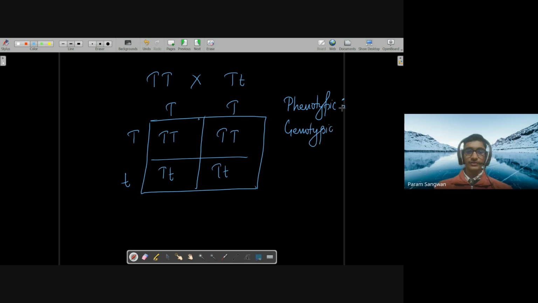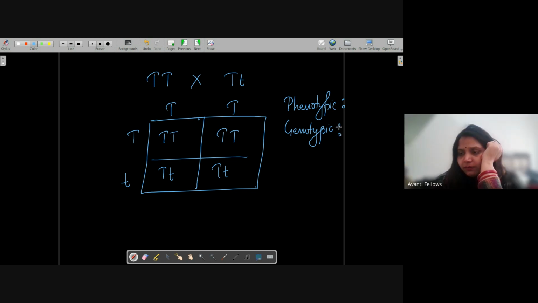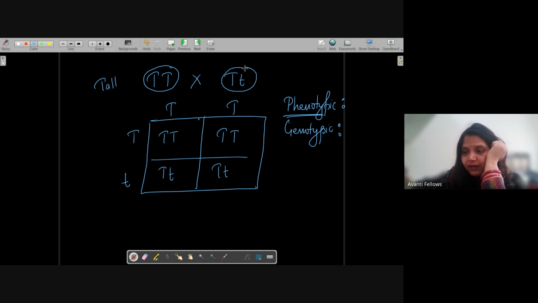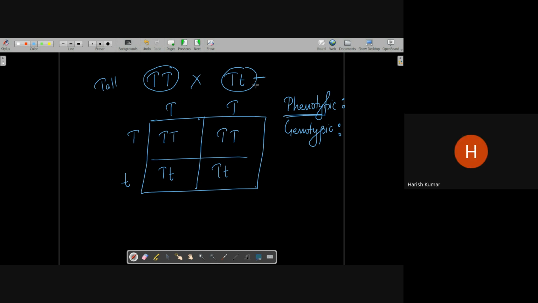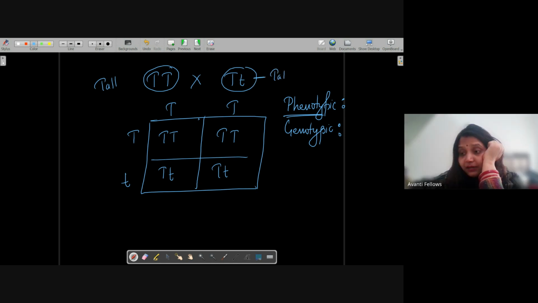What's the phenotype of this? Phenotypic is 2:2. परम थोड़ा सा ध्यान से देखिए प्लीज. Phenotype means physical appearance, correct? This particular plant is tall, right? Yes, ma'am. What about this plant? What will be the phenotypic character of this plant? Tall, ma'am. I think tall. I think your thinking is very correct. Okay, this will be also tall. So phenotypic character here will be